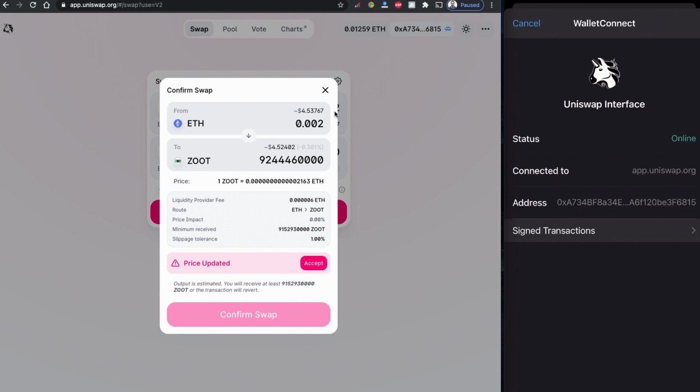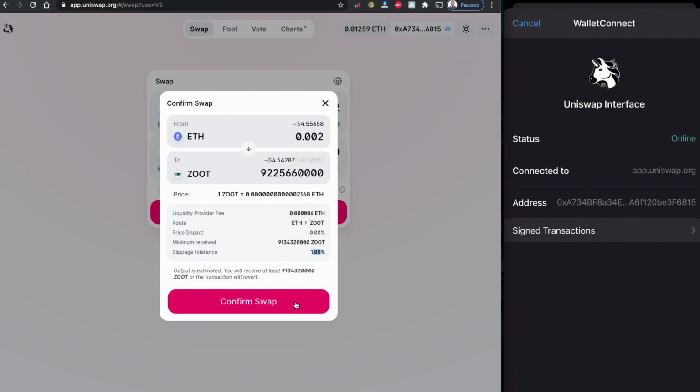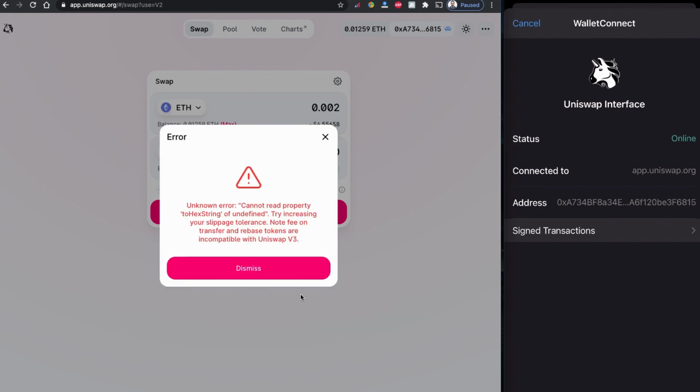By the way, the Zoo token has stated that we should try a slippage tolerance of 3 to 4%. But this time I'm trying to buy with 1% slippage tolerance. That is a price update, so I can click accept. So let's try to buy this coin with 1% slippage tolerance.